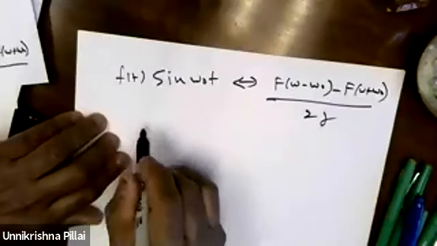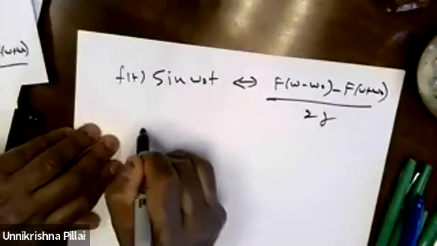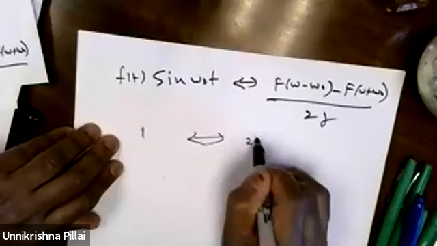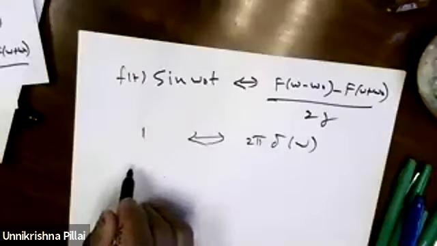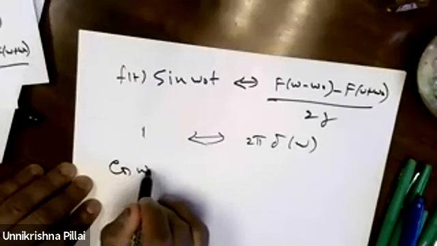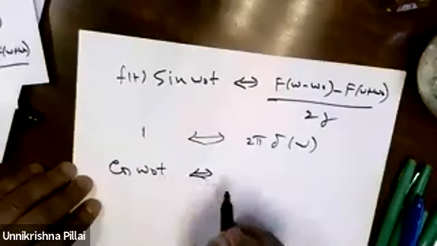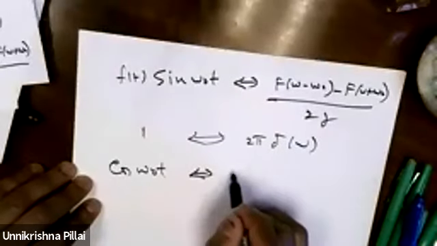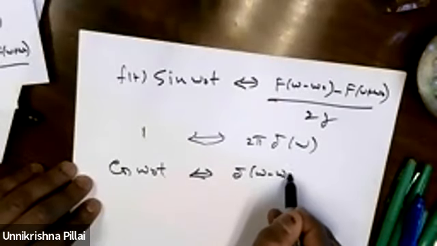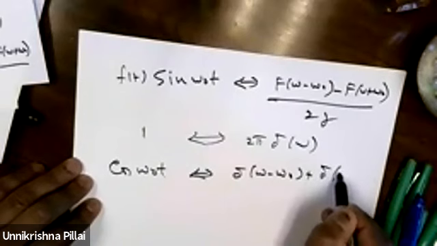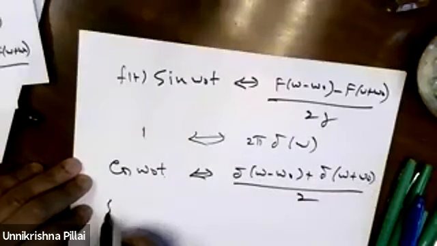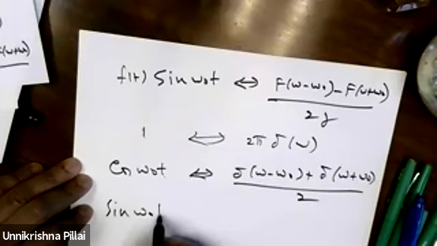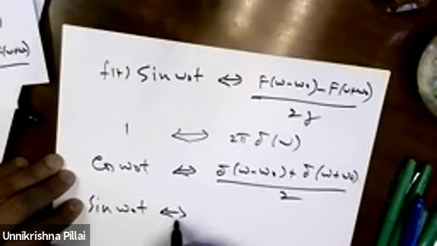So remember, your question was, we had one has a transform of 2 pi delta of omega. So from the previous relation, cosine of omega naught t will have a transform, you divide this by 2: delta of omega minus omega naught plus delta of omega plus omega naught, divided by 2. So the transform of sine omega naught t would be delta of